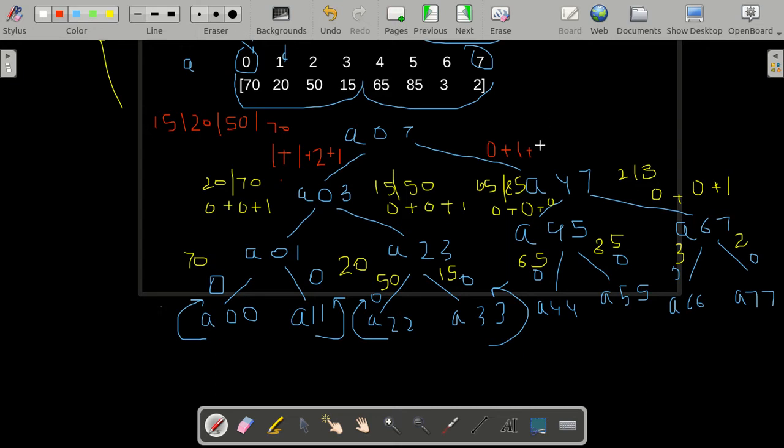So over here we'll add plus 2 because the length over here is 2. Now 3 is less than 65, so all the elements over here will be greater than 3. So over here we'll again add a 2, and the array after this merge will be 2, 3, 65 and then 85.